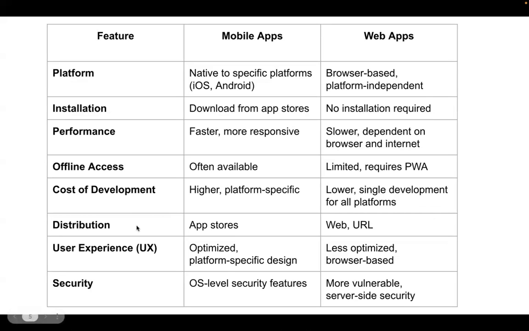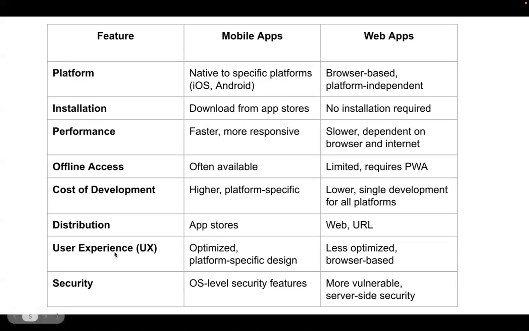And the next one, distribution. If you have implemented any programming or applications, then we can upload our builds using the App Store or Play Store. But web applications are not like that. We can easily create a web URL, and with that web URL we can log in, and that process will be.